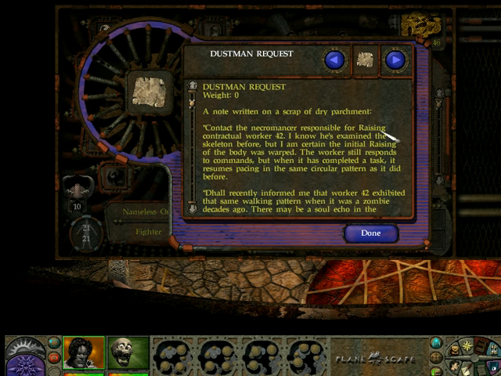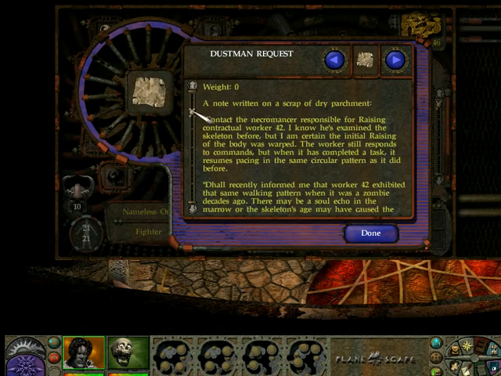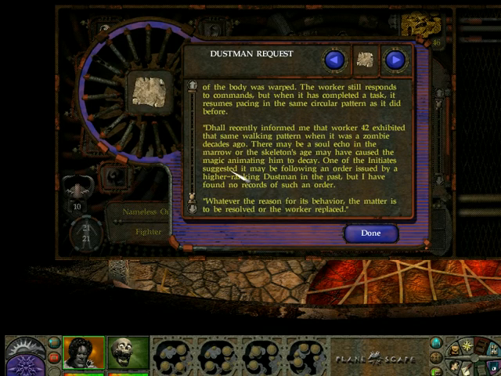I know he's examined the skeleton before, but I'm certain that the initial raising of the body was warped. The worker still responds to commands, but when it has completed the task, it resumes pacing in the same circular pattern as it did before. So it should be quite easy to spot here. Runs in circles. Dole recently informed me that worker 42 exhibited the same walking pattern when it was a zombie